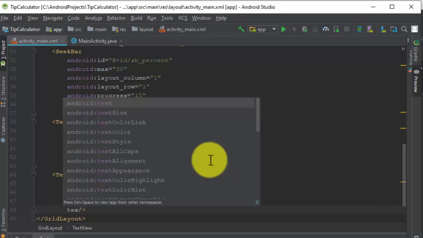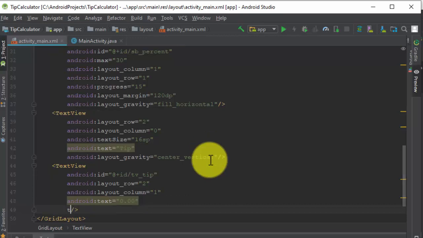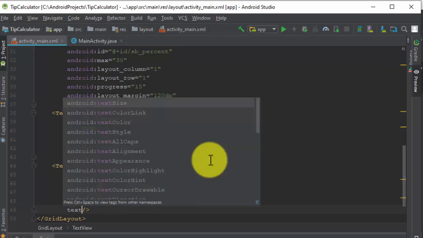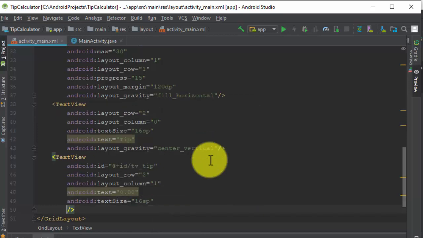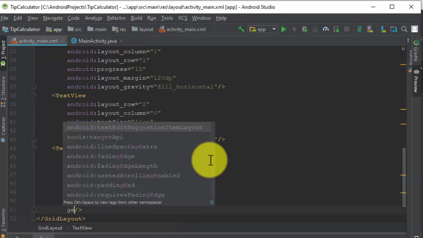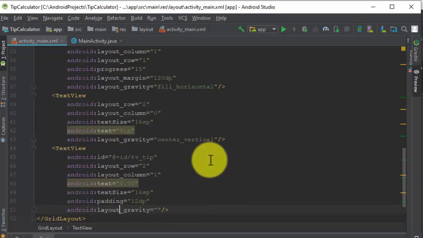I am giving it a dummy text of 0.00 and text size 16 sp. I am also giving it a padding of 12 dp. Gravity, not layout gravity, I am giving it just simple gravity. Gravity is center,